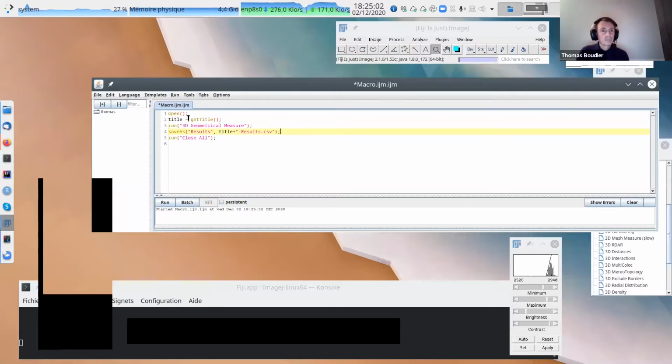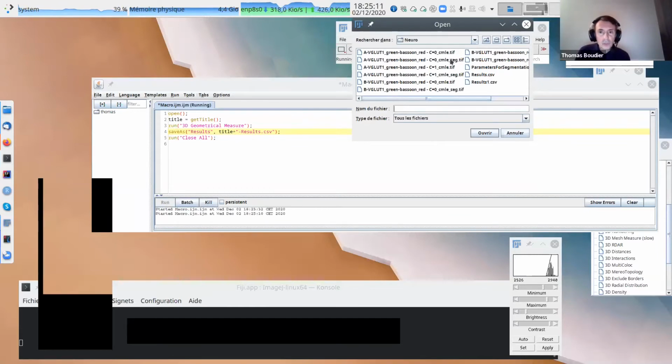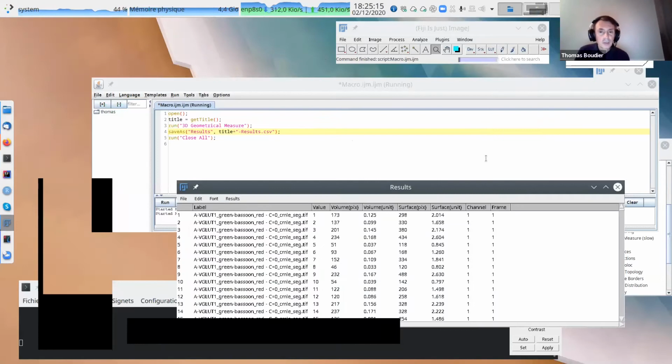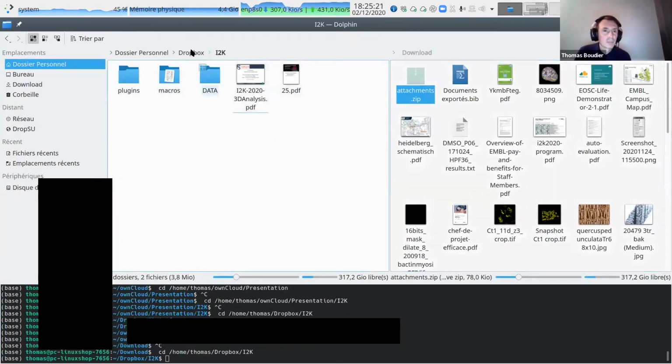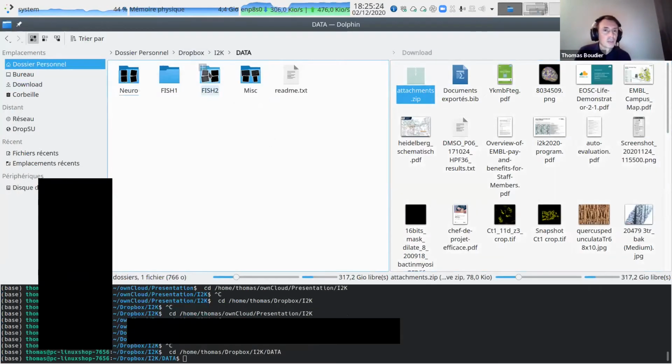Open an image, get the name of the image, do some measurement, save the result with hopefully the same name. Okay, run. So I select an image. I do some measurement and I save something somewhere. Sometimes, I'll see if it will save in the same place.